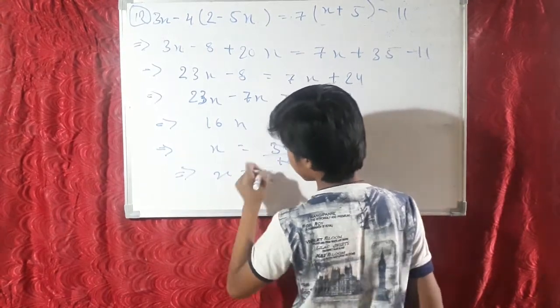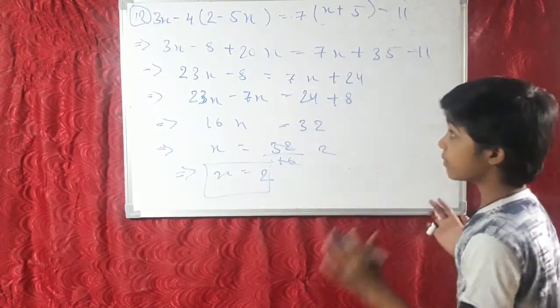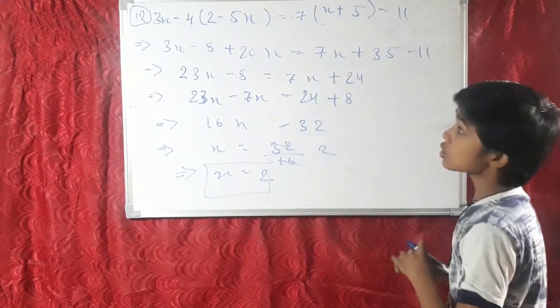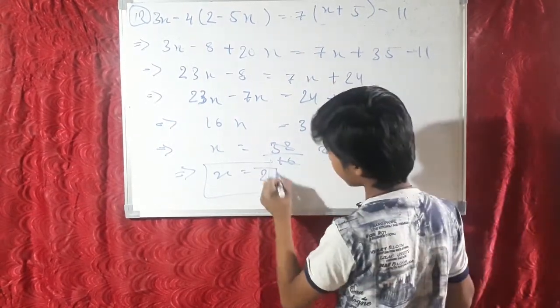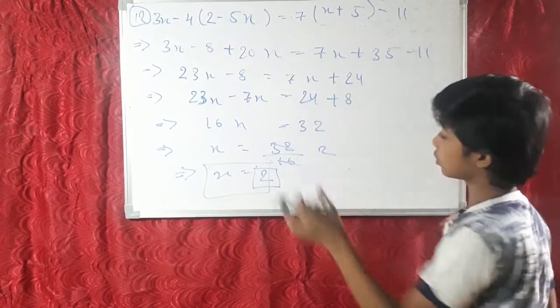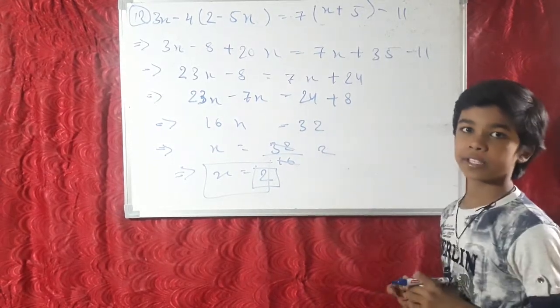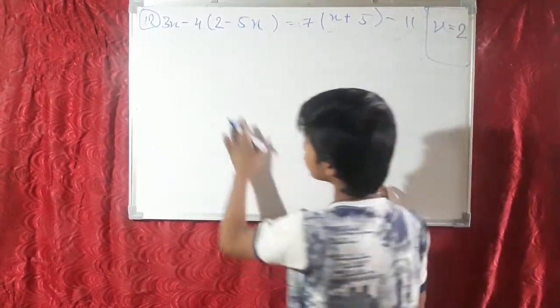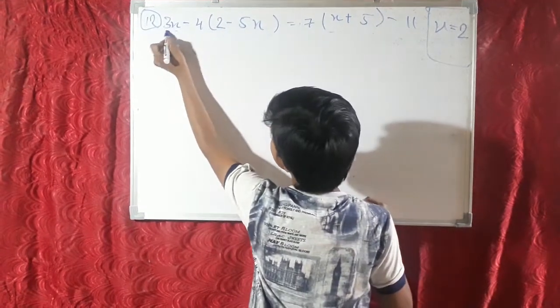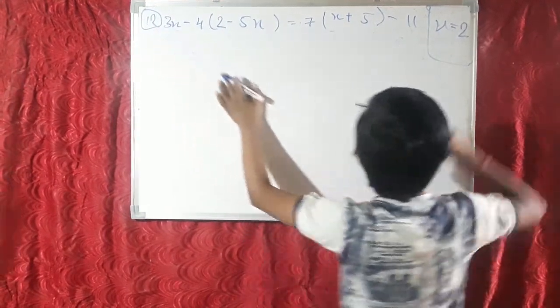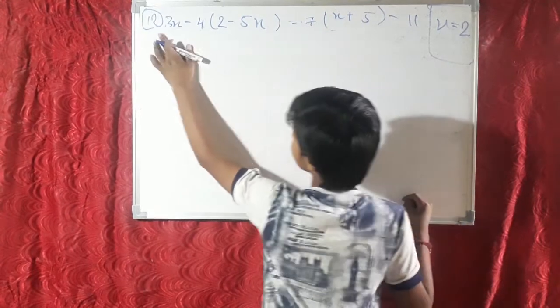And now we have to verify this also, what is the value of x. So for verifying, we have to put this value at the x place, and now we are going to show how to do the verification. So friends, now we are going to verify. So what you have to do, we have to multiply this value of x with the number given here, okay.